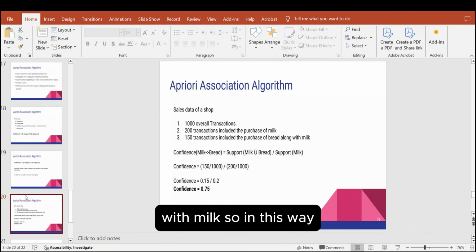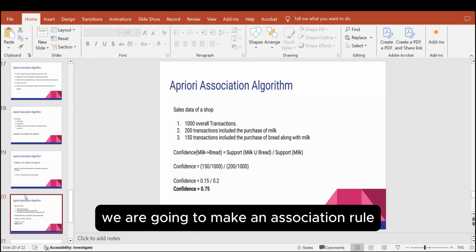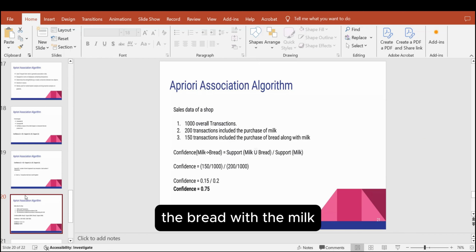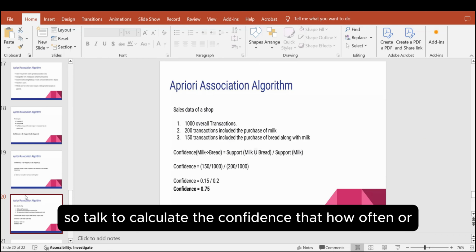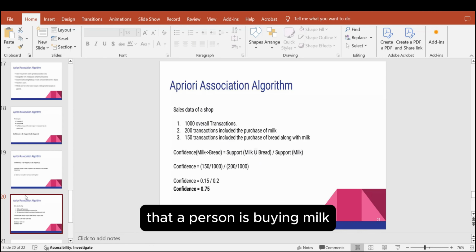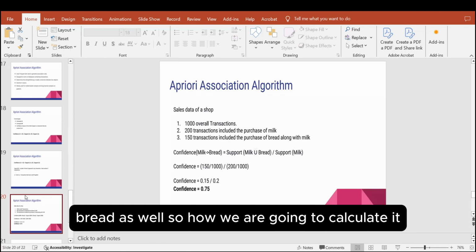In this way, we make an association rule that if a person is buying milk, then there are good chances that he or she can also buy bread with the milk. So to calculate the confidence, that is, how likely a person buying milk is to also buy bread,